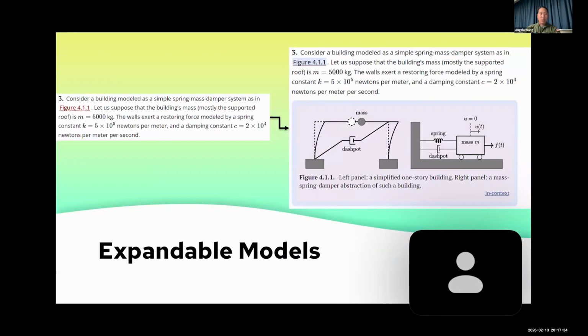And then there are also expandable models for the hyperlinks. Once again, I'm a person who does better with visuals. I really like the models that are in this book. And so having, once again, a hyperlink for that model and not having to scroll back saves a lot of time and a lot of space. It just makes everything nice and clean.